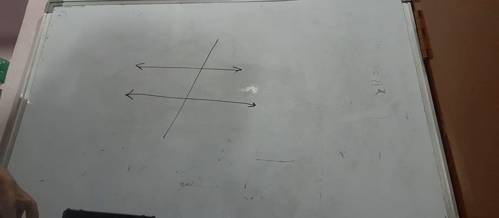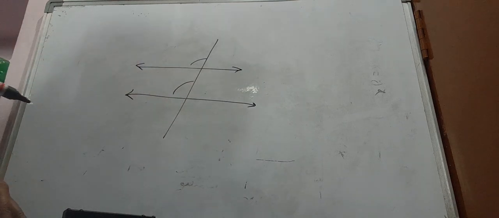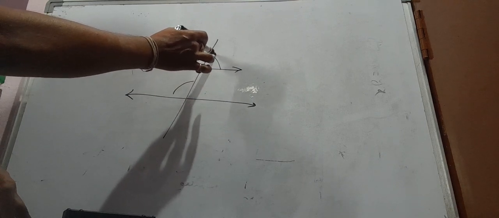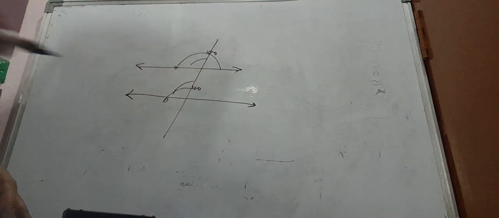One is interior and one is exterior. They are called corresponding angles. So when two lines are cut by a transversal, corresponding angles are formed. But when two parallel lines are cut by a transversal, how will the corresponding angles be? Then you measure with a protractor. Suppose here is 0 and here is 100 degrees, and this angle also 0 and it will be 100 degrees.